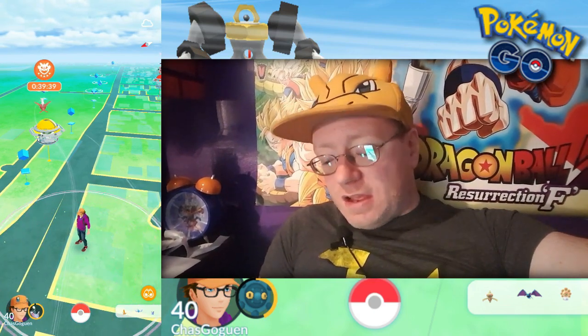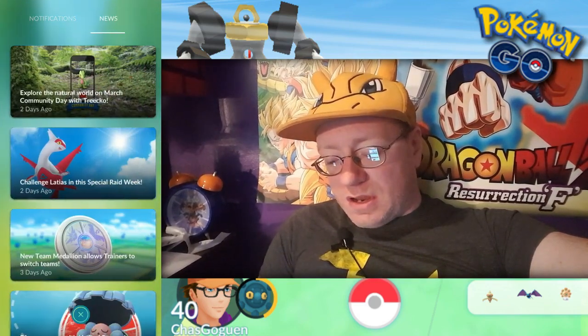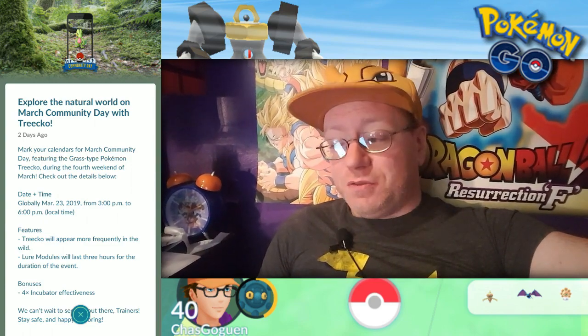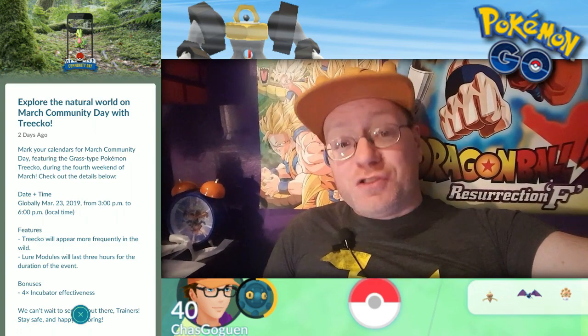That would be great. Now, the last thing to talk about is our next big event coming up in Pokemon Go. Explore the Natural World on March Community Day, with Trico. So Trico, as we all knew, well, as many of us who understand pattern recognition knew, Trico would be our